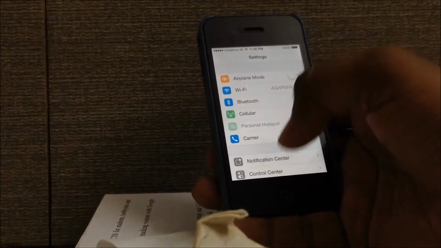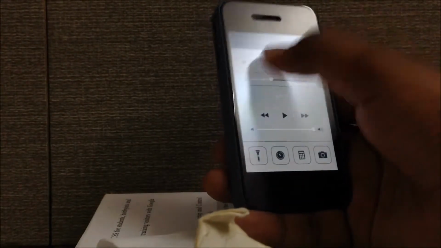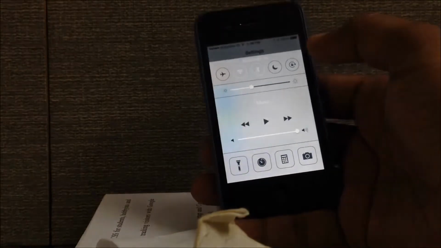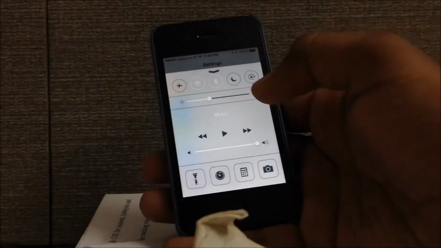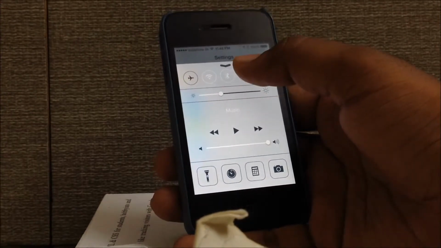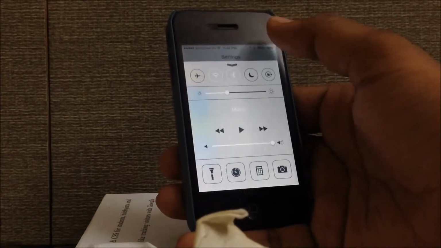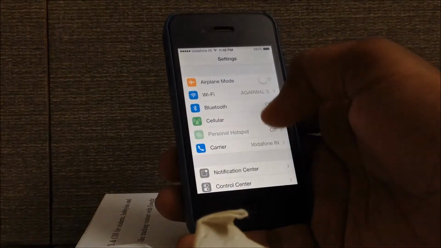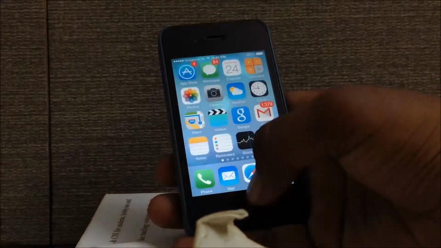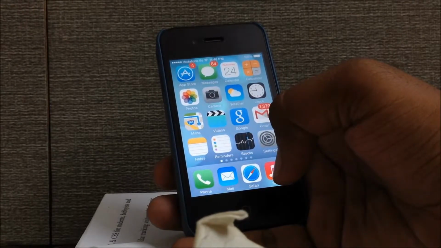The next thing that you can do is turn off your Bluetooth. By the notification center, this is the Bluetooth icon next to the Wi-Fi. And if you are using a Bluetooth headset, then it is not a problem. But if you are not using your Bluetooth headset, then you can simply turn it off, so that your battery is not wasted in just keeping it on.